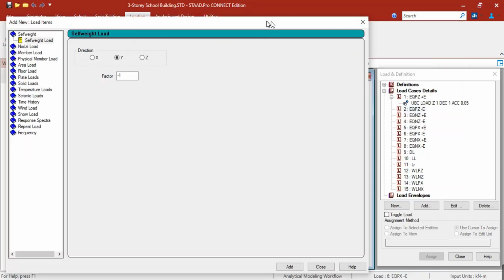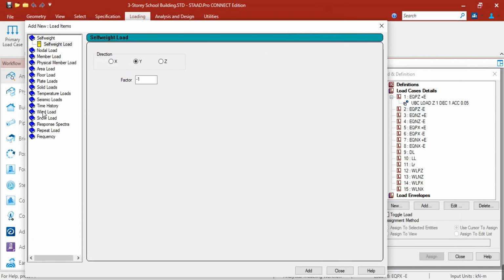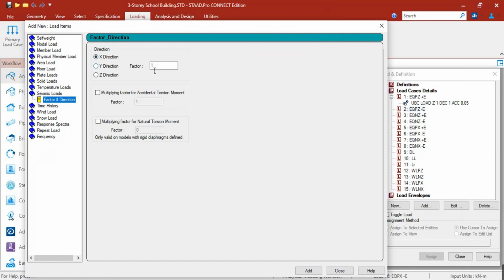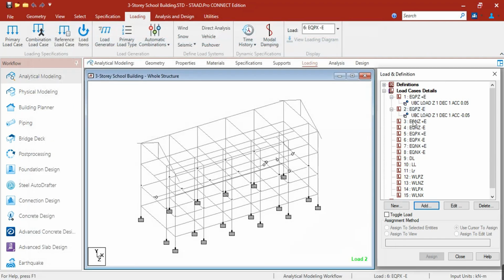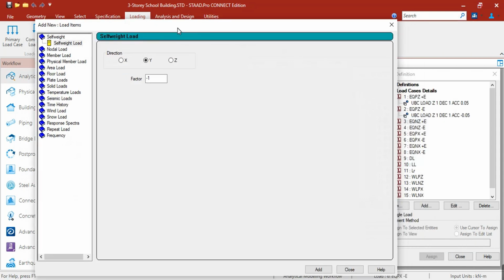Then same with EQPZ. So seismic loads, the factor is 1 since this is positive Z. Then since this is minus E or negative E, that is negative 0.05. Then this is always 1. Okay, add. Then for EQ negative Z, add seismic.